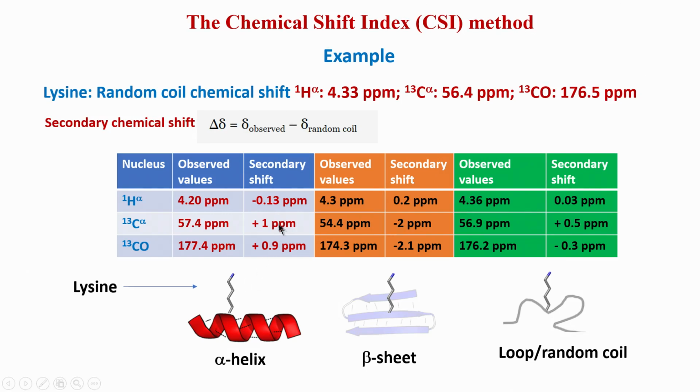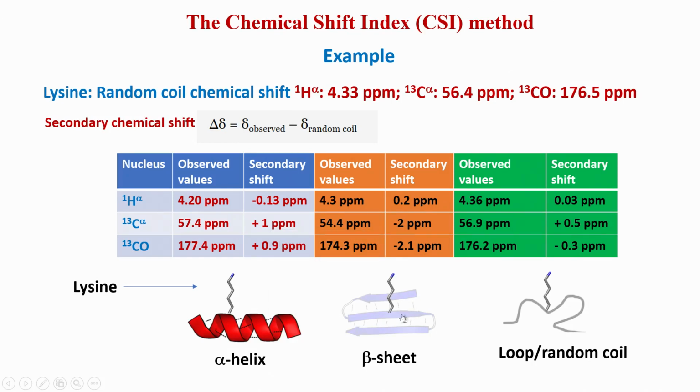So, even if all 3 agree for lysine that it is helical, it also has to agree with the neighbor. The neighbors on the left and right of an amino acid cannot differ from the middle amino acid. So, you should have a continuous alpha helix, or a continuous random coil, or a continuous beta sheet. Normally 4 amino acids continuously are looked at together, and we decide that all 4 are considered alpha helix, beta sheet or random coil. So, we do not look at one amino acid alone. Although we look at each and every one, we also consider one before and one after and ensure that it is not that one amino acid is suddenly in beta sheet.